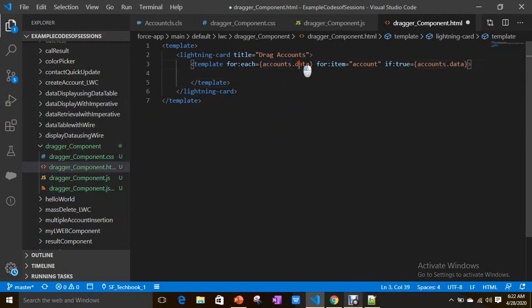If you see, accounts.data: the data property holds the list of account records from accounts, as we are wiring the getAccounts method, and it is an instance of each account record. If there is data, then only this iteration or this list of records will be visible on your template.